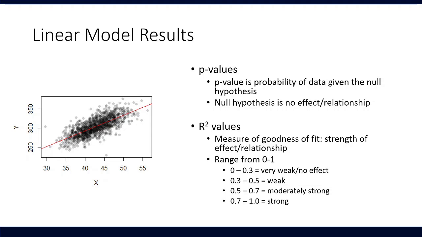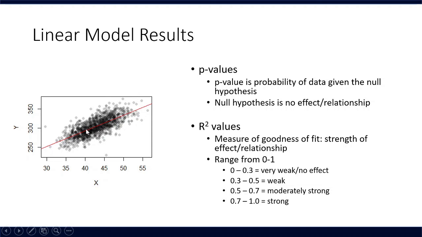An r-squared value is a measure of goodness of fit. It's the strength of the effect or the relationship between your predictor and the response. So a p-value tells you whether your data are likely or not if the null hypothesis is true. An r-squared value doesn't tell you whether your data are likely or not. It tells you the strength of that relationship, how much extra variation there is being added in by that stochastic part of the model, so to speak. How far we're getting from that deterministic part of the model,